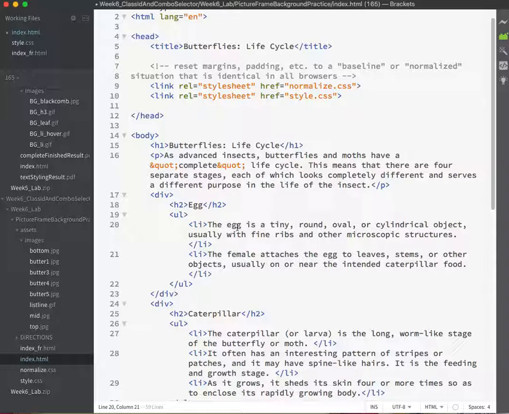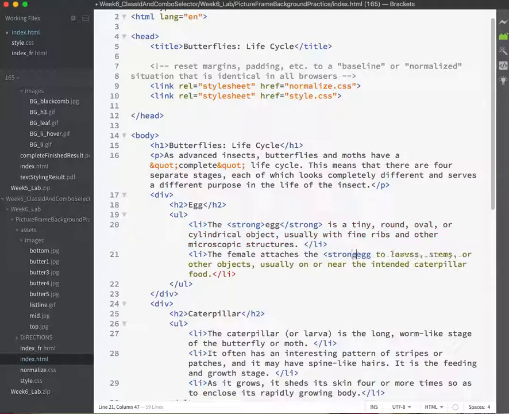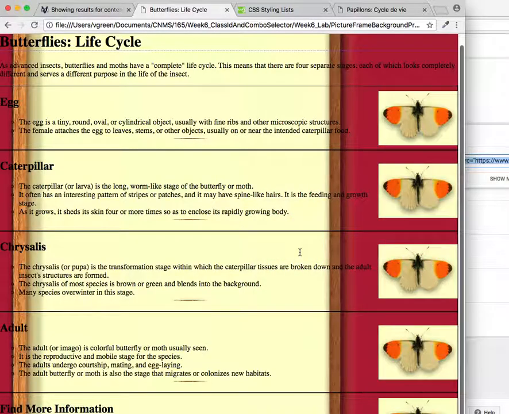I can't think of how else to do it right now, so I'm just going to put a strong around them. And I'll go through and I'll find some other places where the same vocabulary word occurs, and I'll put a strong in there. I'm just going to do a couple because we're going to change this tag in a minute. So I'm going to save and I'm going to refresh. And this is what it looks like. So my strong tag is an inline tag, so it's just affecting this word that's inside the strong tags, and